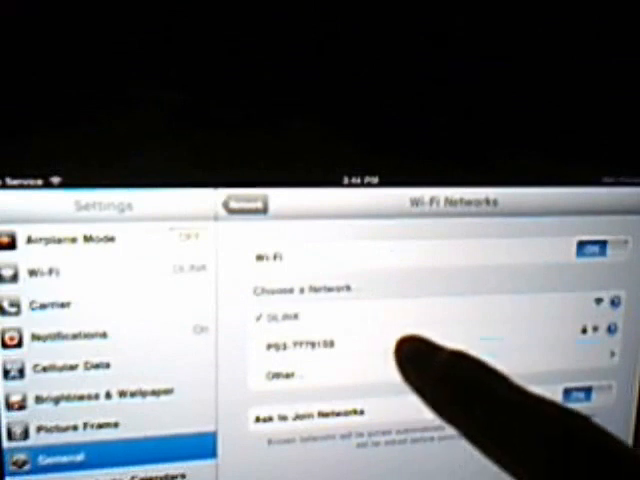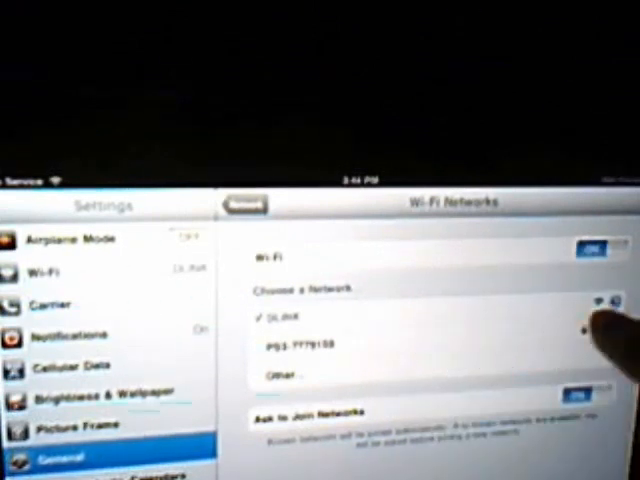It even tells me that my PS3 is actually broadcasting a wireless network, but you can't really access that because they wouldn't sync up. It just doesn't work. So let's say I want to join D-Link, so I just join D-Link by clicking on it. That's unprotected. If you want to join a protected one, you just click on it and you enter in the